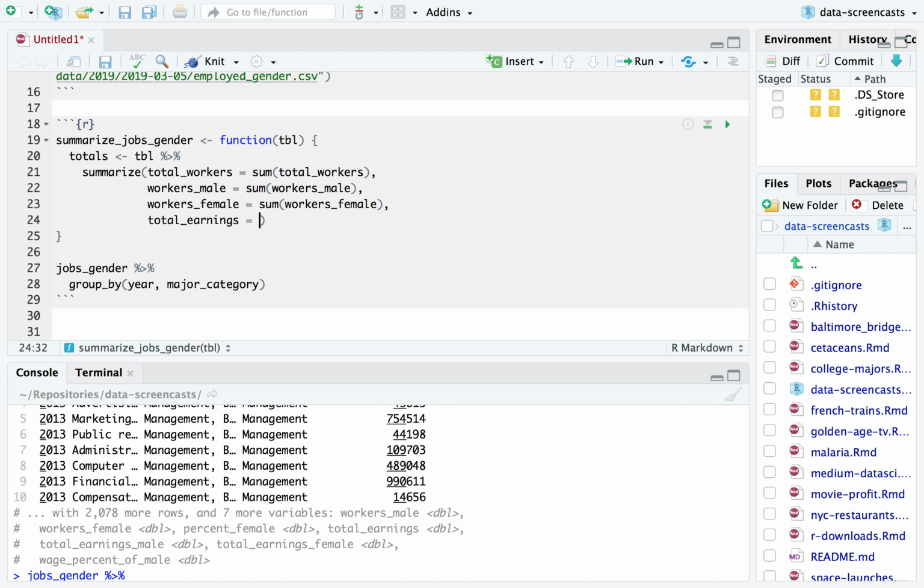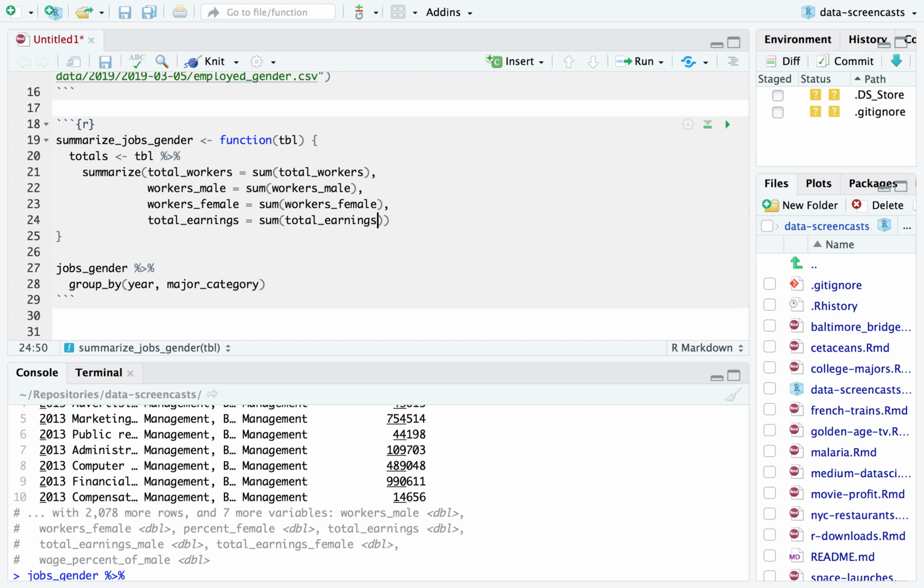What I'm doing is taking a weighted average. I'm going to say sum of total earnings times total workers divided by the sum of total workers. That's a weighted average of the medians, which is interesting, but it's all I can do out of this particular data. For total earnings male,